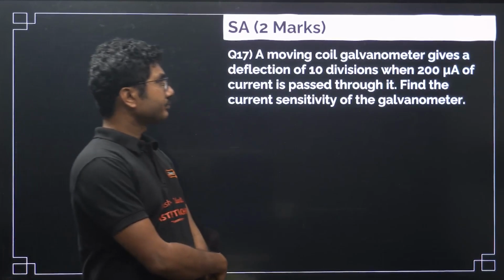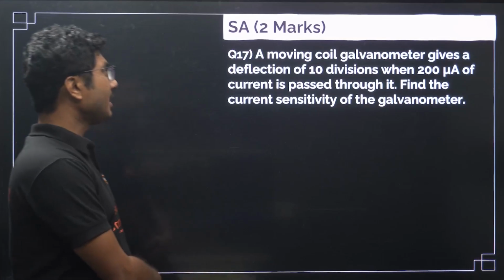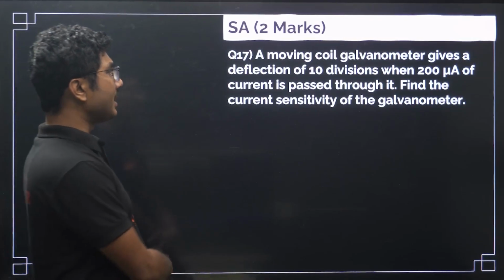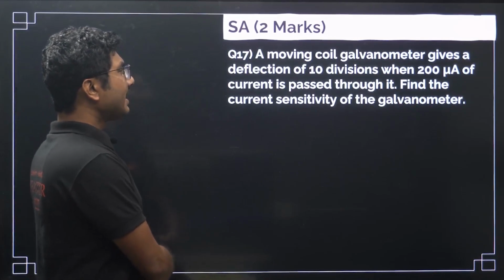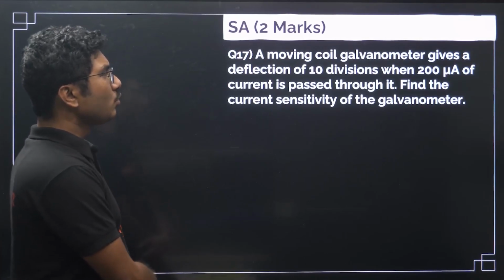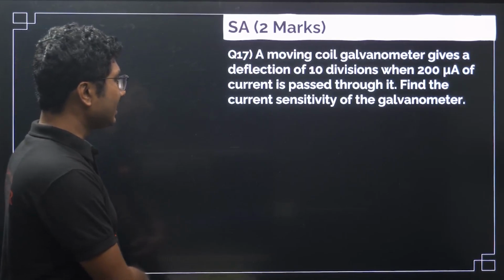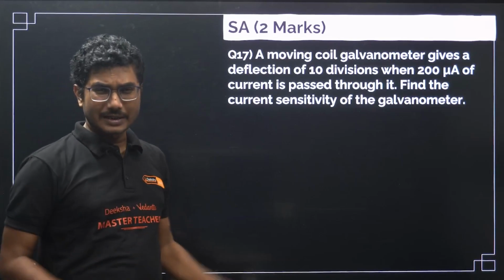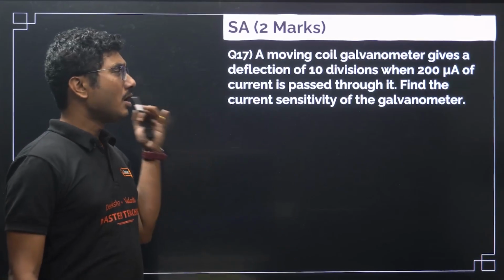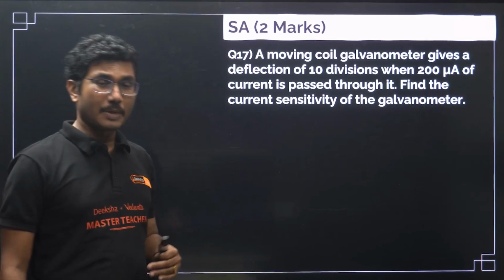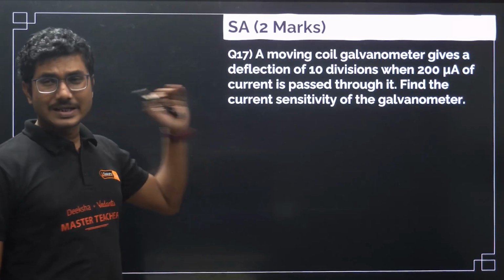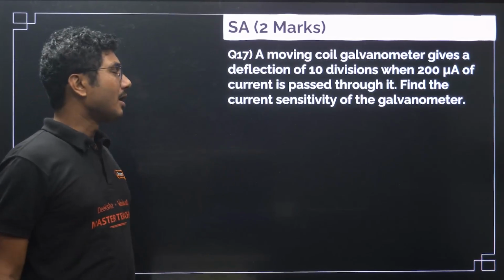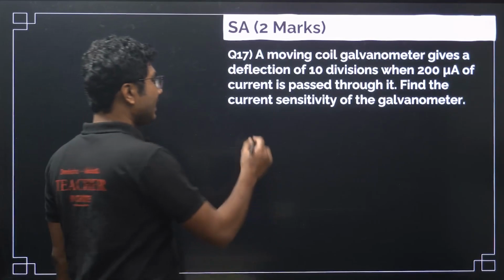Next, another numerical question. A moving coil galvanometer gives a deflection of 10 divisions when 200 microampere of current is passed through it. Find the current sensitivity of the galvanometer. I think this question is from one of the previous year's model papers, and as you can see, this is a very simple question, nothing difficult in this. So, 10 divisions,